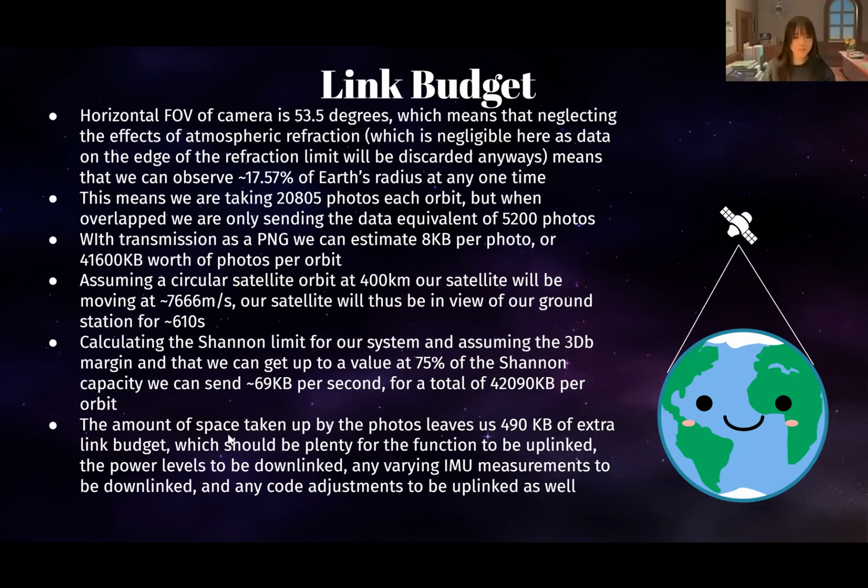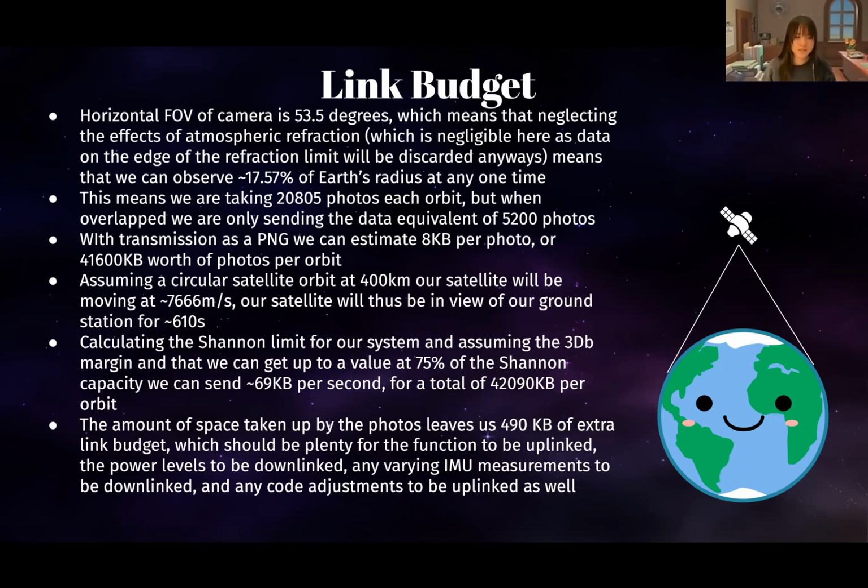To start off with our link budget, we need to determine how many photos we are taking. Using simple geometry and ignoring refraction as data at the edge of our visibility is not going to get thrown away anyways, we can determine how much of Earth's radius we can observe at any time. That is, if we approximate the Earth as a sphere. Using that and the plan from the software architecture, such that we will have 420 photos looking at every spot on the planet, we can calculate that we are going to take